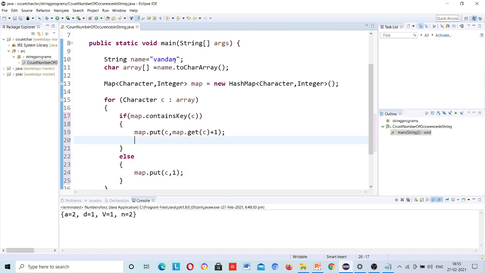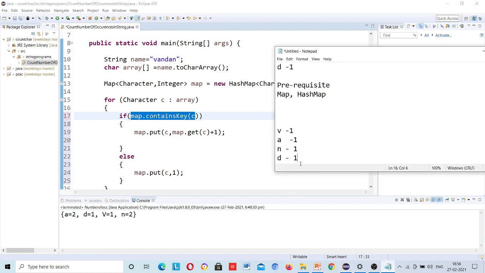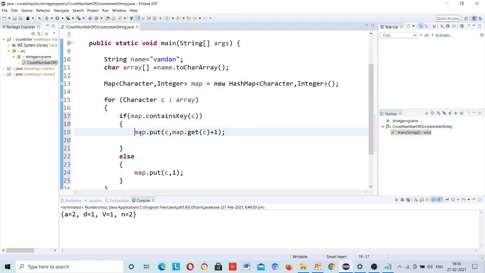Then next time A, it will copy A to this C, map contains A, yes, this time this map has A, so what it will do, put C, means put A and occurrences plus 1.